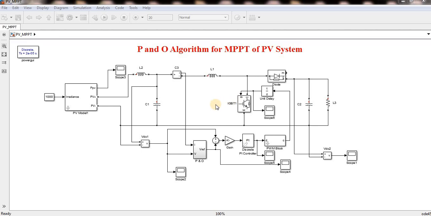I will explain how many techniques there are to design the P&O algorithm and which technique is used in which application, and I will explain these things in my further videos also. In this video I will explain only with the R load. I considered a simple R load and a boost converter, and I implemented the P&O algorithm for the PV system. Why do we have to design the MPPT algorithm or MPPT converter?